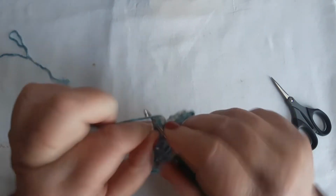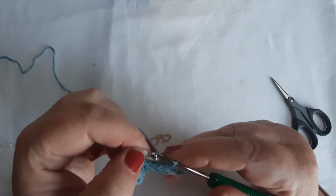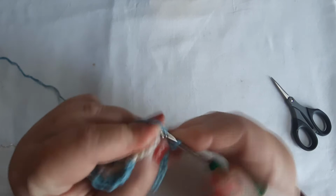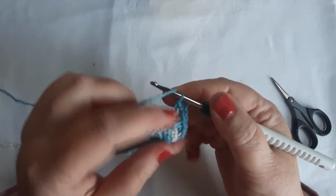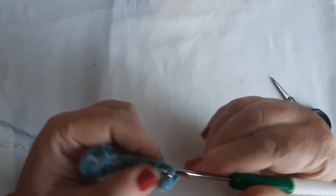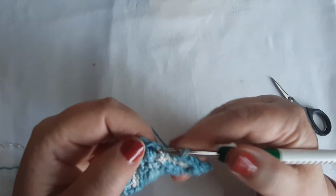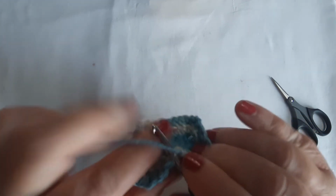Then back loop single crochet, front loop double crochet, then your corner, mosaic corner in your chain, working in the back loop of your chain, don't forget that. And front loop double crochet, skip the stitch behind it, 1, 2, 3, and we made 1 there, so we have 1, 2, 3. There's your 4th one, just before your